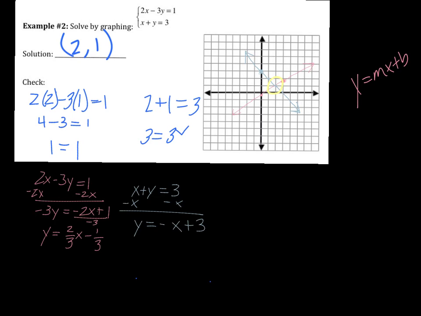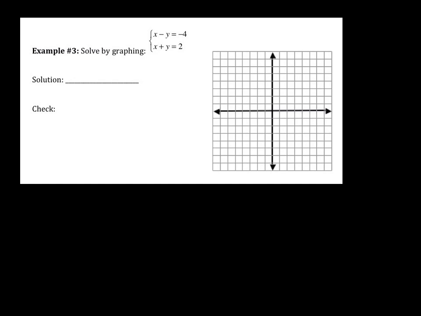So we just have to remember that if our equation isn't in y equals mx plus b form, we have to put it into y equals mx plus b form in order to graph it, if that's the way it's asking us to solve it. So let's do number 3 yet, and then you guys can try that last page. So for this problem, we have the two equations x minus y equals -4,